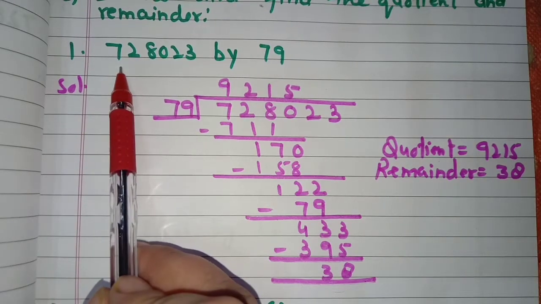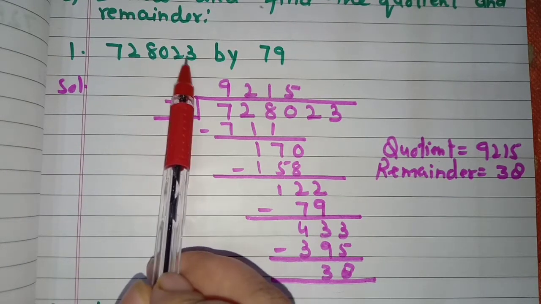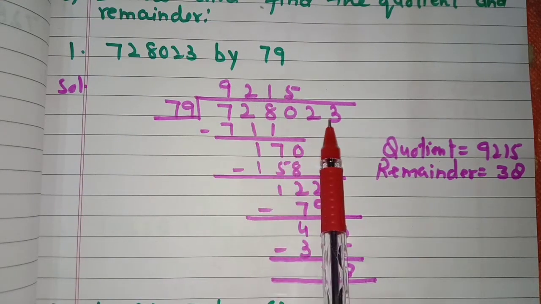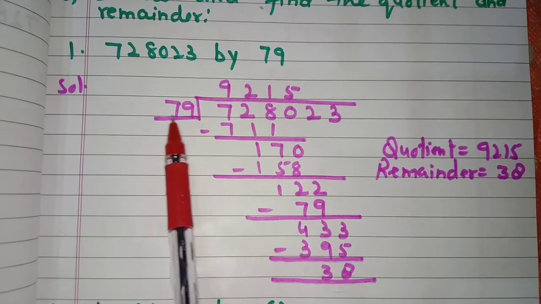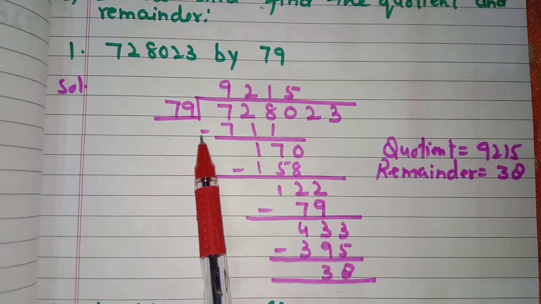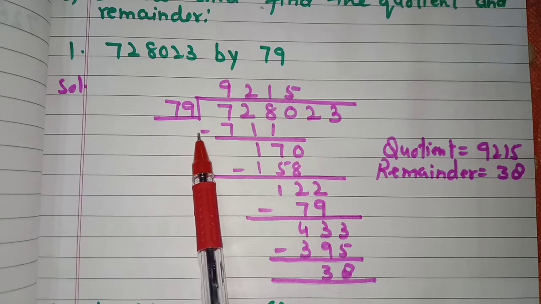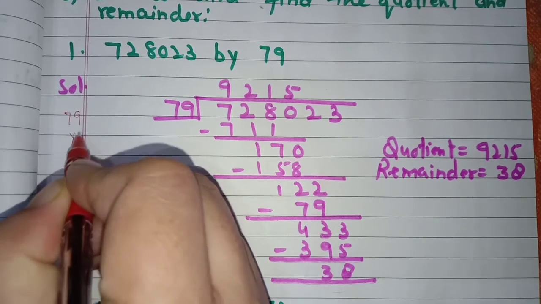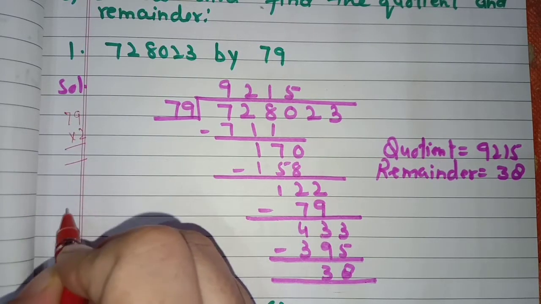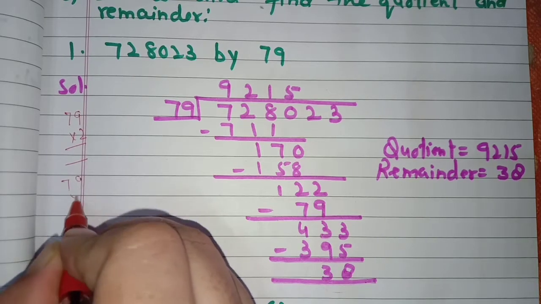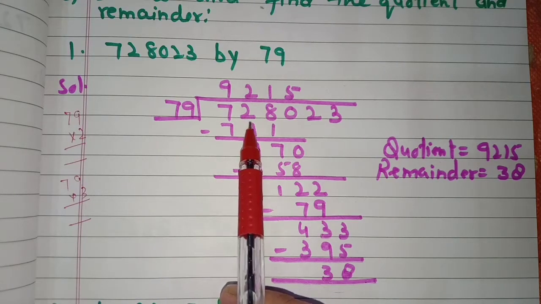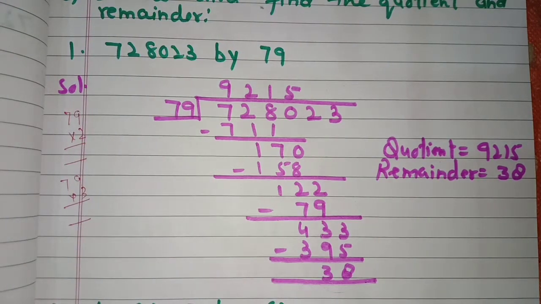Now here we need to divide 7,28,023 by 79. So this is the dividend which we are going to write here, and this is the divisor by which we have to divide, and we have to write it here. Now we need to go through the table of 79. What you can do, you can multiply 79 by various numbers from 2 to 9 here, so that you can know by which number you need to divide here. Fine. So you can write down in rough so that it is easier for you to solve the question.